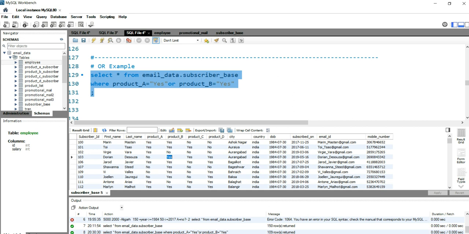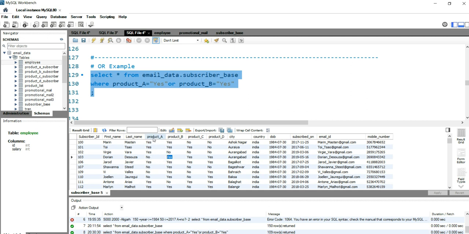So this is basically how the OR operator works. The OR operator will be evaluated on both conditions for product underscore A and product underscore B. But if product underscore A is yes, then it won't go and check product underscore B because the condition has been fulfilled in a single column.